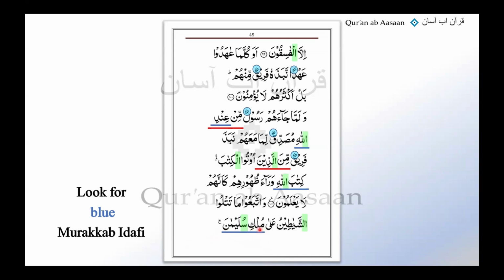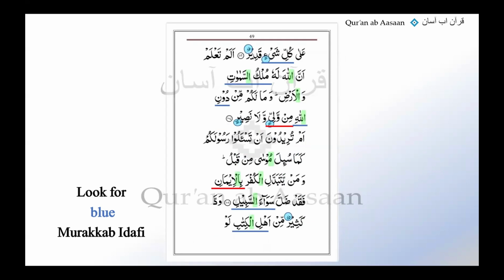Mulki Sulaimana, excellent. And Mulk, we have done Mulkus Samawati probably today. Yeah, we've done this Mulk. What was the meaning of Mulk? Kingdom. Yes. So Mulki Sulaimana, this is in jar here, and then the harf jar behind it makes it murakkabe jari. Alhamdulillah. See, we can hunt so many of them now, mashallah.